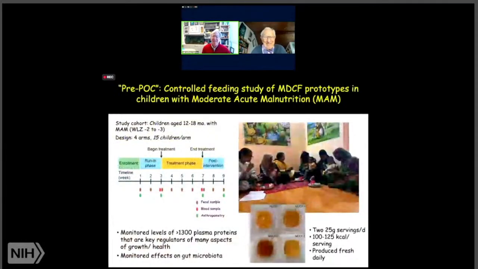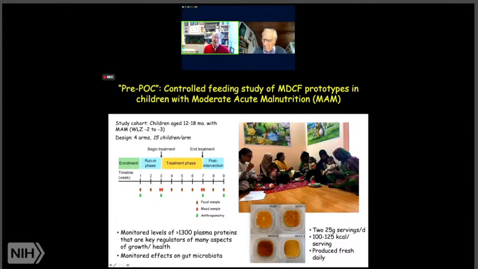The intervention consists of 2 feedings each day under supervision in a nutritional rehabilitation unit established by our colleagues at ICDDR,B right in the middle of the urban slum. And the devotion of the mothers to their children is embodied in one measure by the fact that they brought the children twice a day for these interventions, which were performed under supervision. There was a 2-week follow-on period of observation after the intervention.